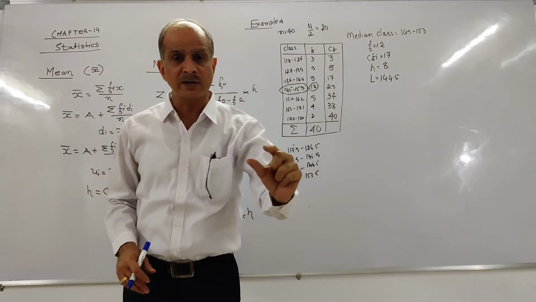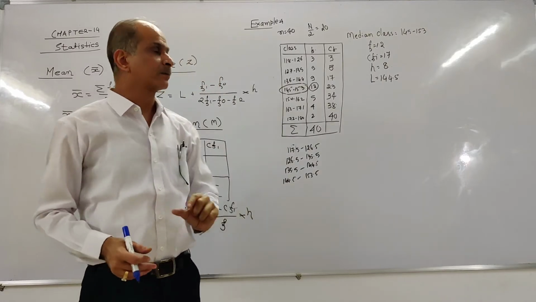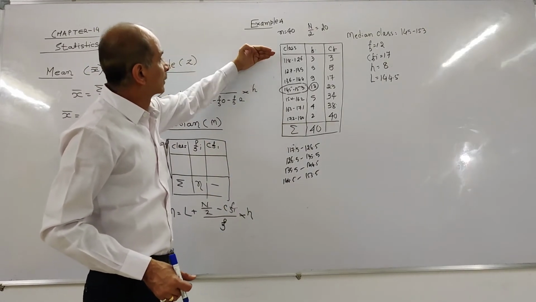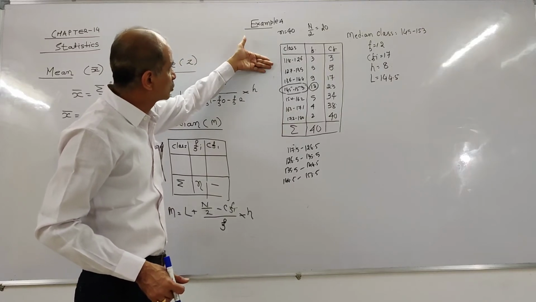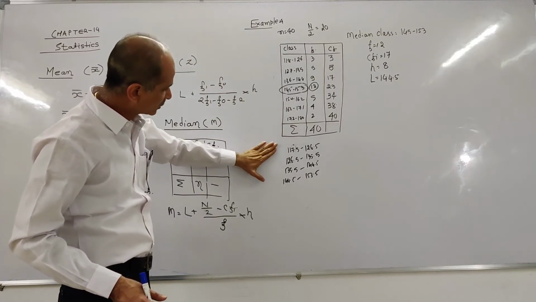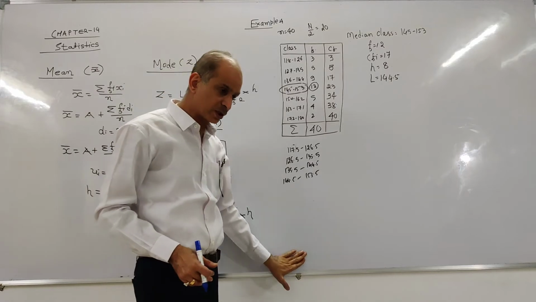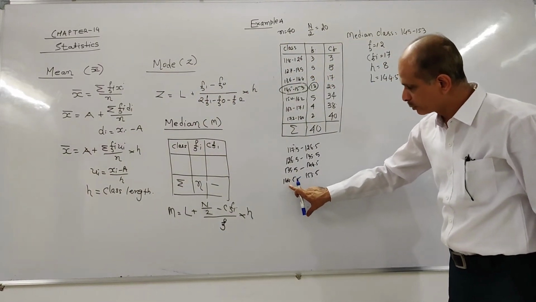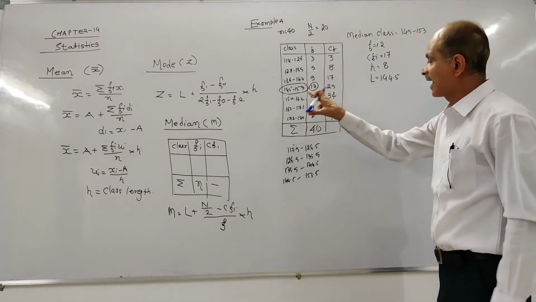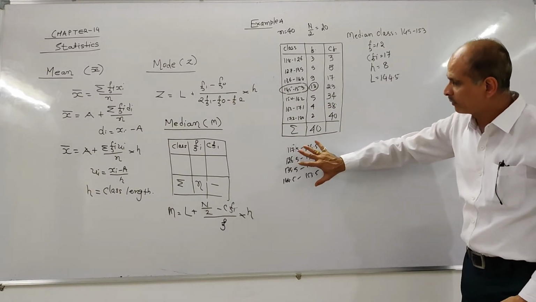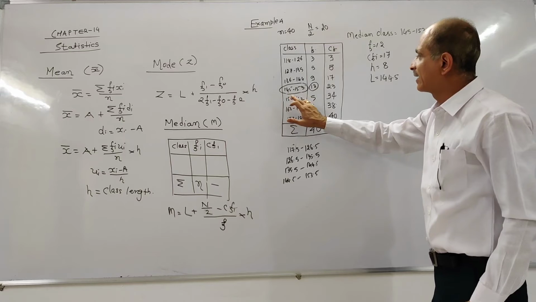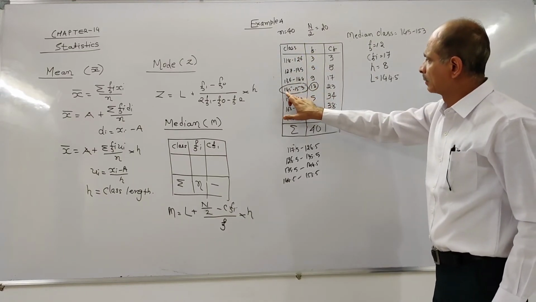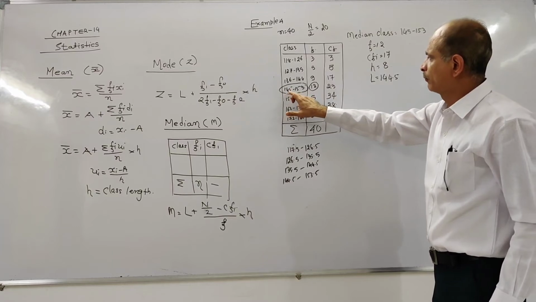So between 120 to 127, it is very difficult to place the value. So here the inclusive frequency distribution can be converted into exclusive frequency distribution, and then the lower limit of the exclusive frequency distribution is known as L. There is no need to prepare another table. You can take it directly. Suppose the value of L is 145.